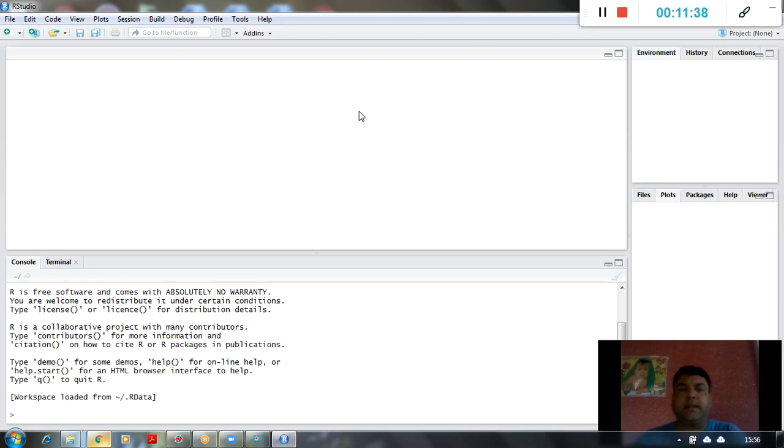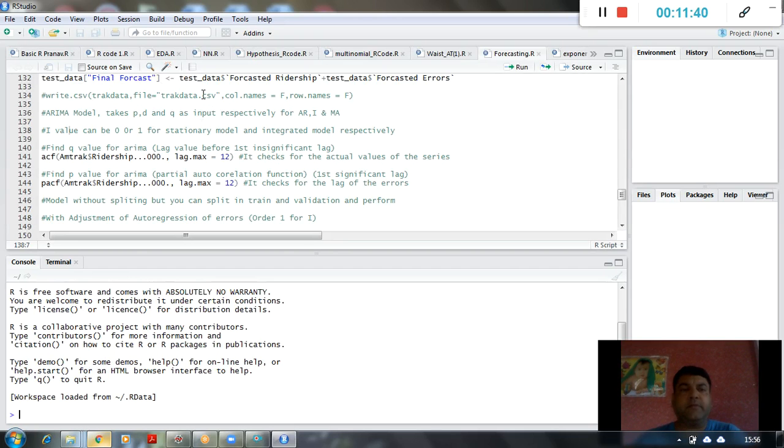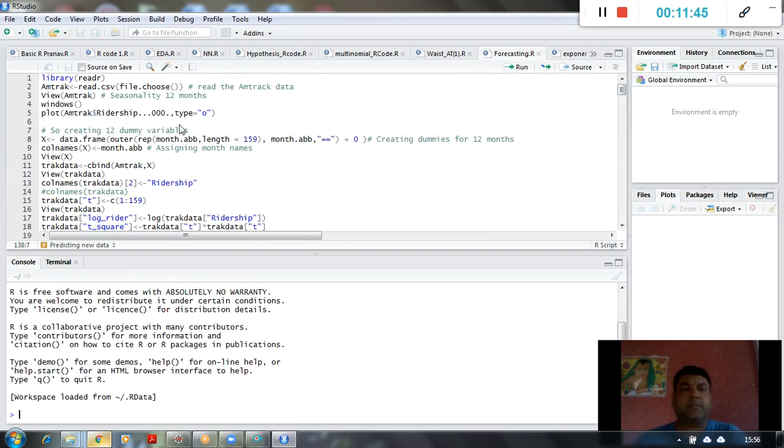One is dedicated to the scripting window like this. So this is my scripting window, and these are all programs which I normally teach, the algorithms and all. This is called the console, where my mouse is hovering right now. This is called the console, and